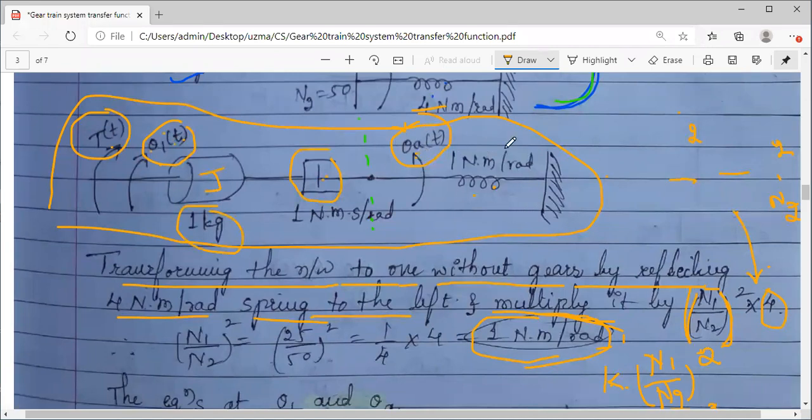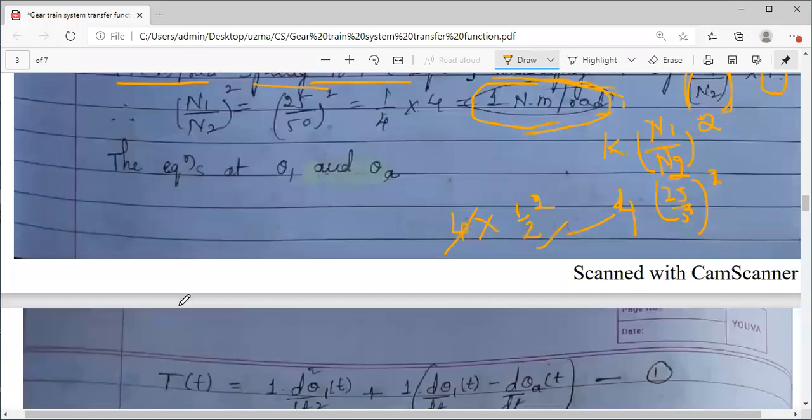Similarly, अगर आप second node को देखेंगे theta A, so at theta A purely I think K is connected, only one, and even this B damper element, the viscous friction coefficient, is connected in between. It is a shared element between theta 1 and theta A. So let us write the values.